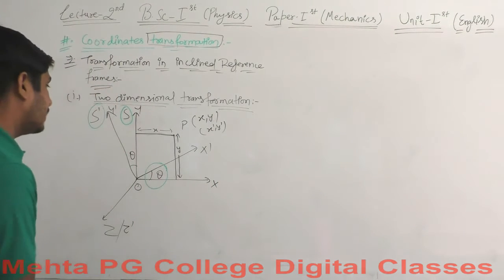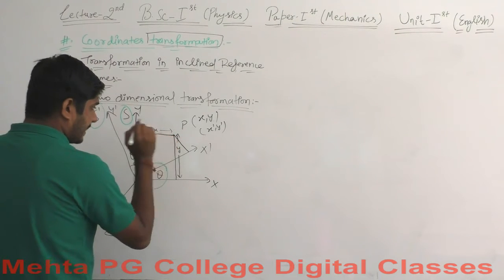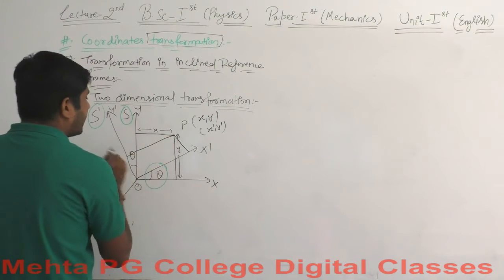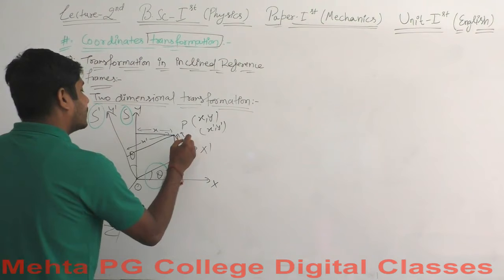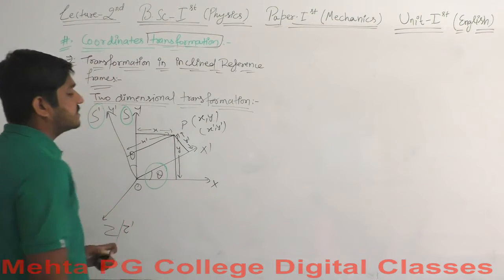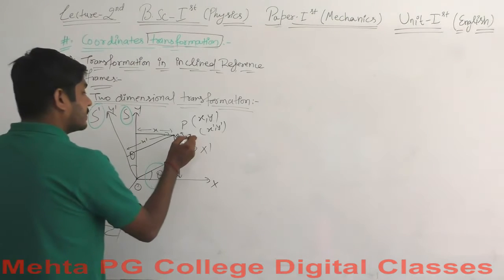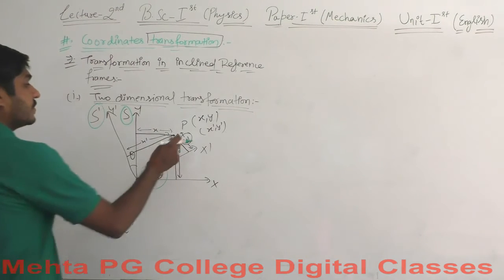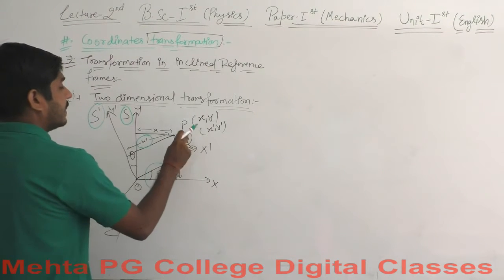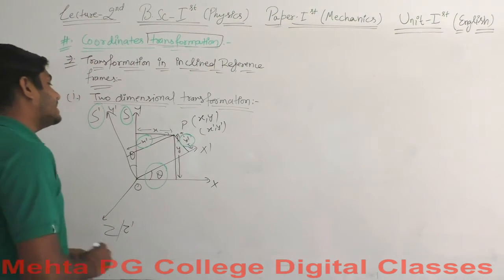Okay, so these are the axes. Also, if I draw a line like this and one like this, then this line will represent the displacement x dash, and this line will represent the displacement y dash. Consider it here. This is y dash. Sorry, I got the wrong marker here. This is y dash and this is x dash. Okay, these are the two distances.